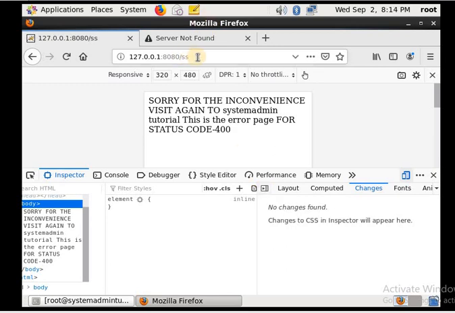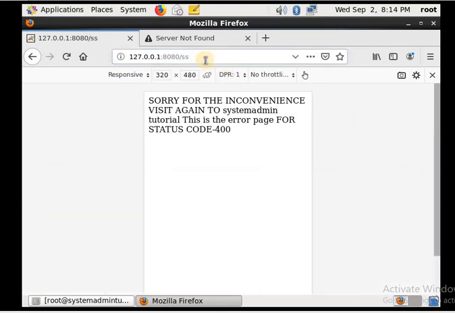We have configured this error page for our 404 status code.